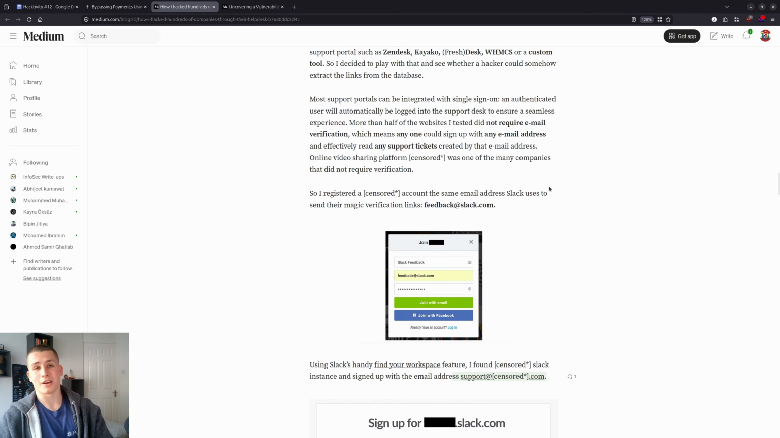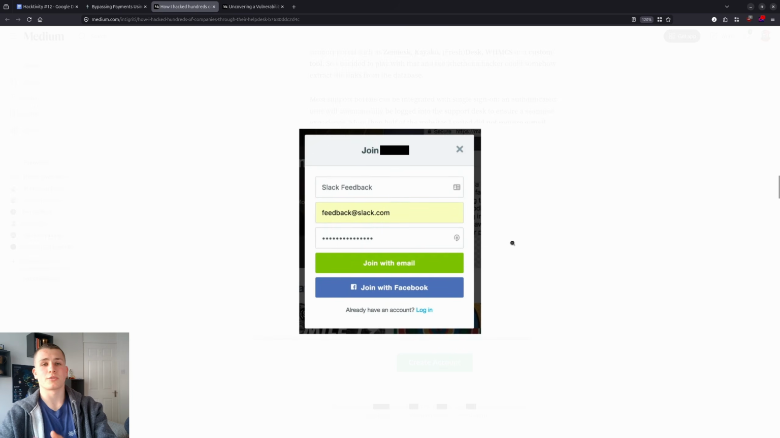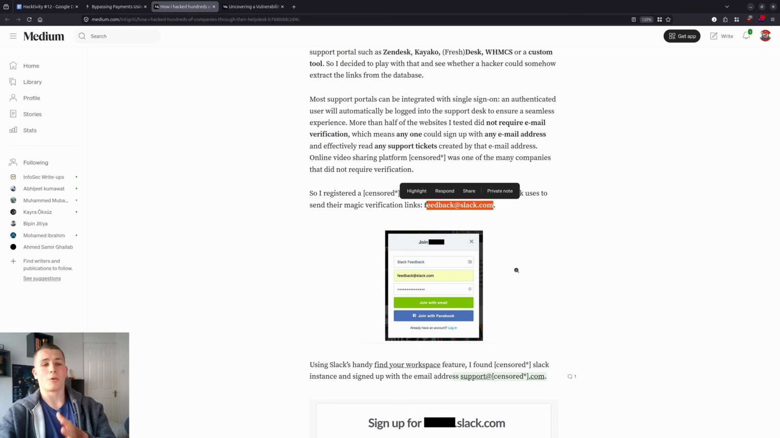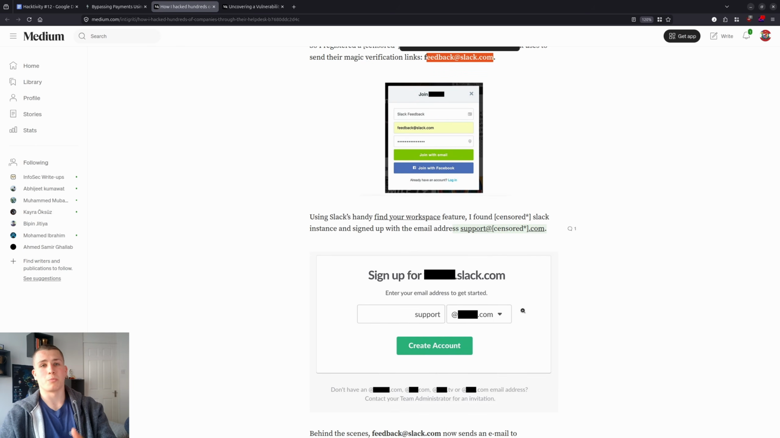And what you can actually do, I think this is like some 200 IQ thing, where if a service doesn't have email verification turned on, if you create a link like feedback@slack.com, which is where Slack sends their like verification links to. So Slack will send their verification links, or they used to send their verification links from this email address, feedback@slack.com. If you register an account with that name, and then you go to their Slack, and then you try and sign up with support@example.com, then what will happen is,